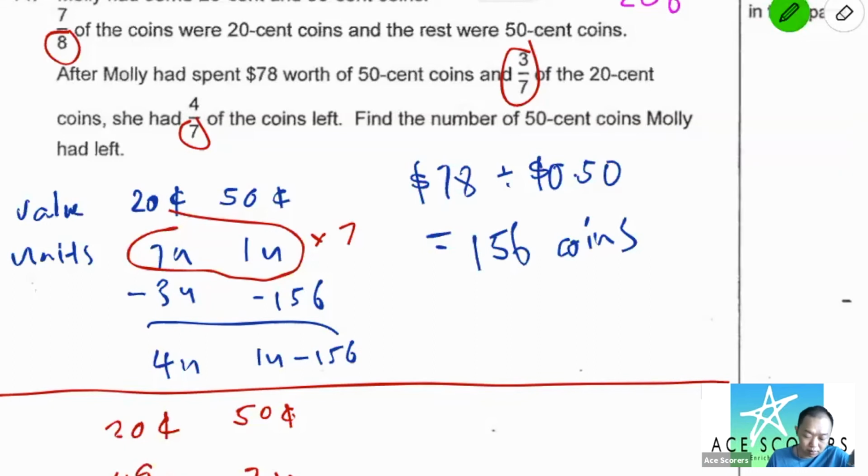This one is equal to 4 out of 7. What does it mean by 4 out of 7? 4 out of 7 of 56. 4 over 7 times 56. Because our original now is all changed to 56 units, right? So 4 over 7 times 56U is 32 units. Okay, so basically this is 32 units. Now if that green color is 32 units,